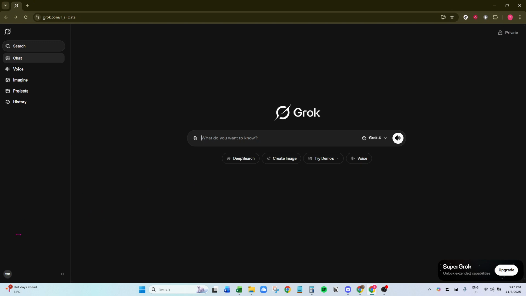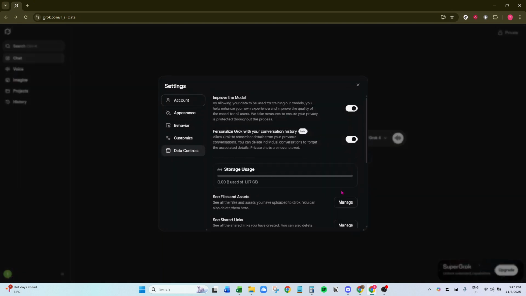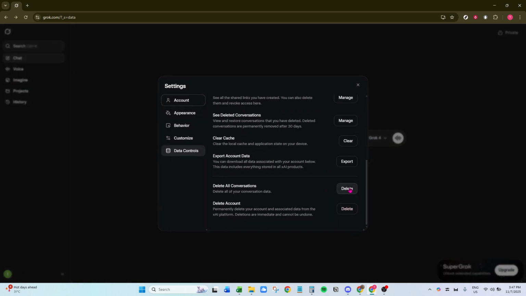Finally, Grok will prompt you to confirm your decision to delete your conversation history. This step is crucial as it prevents accidental deletions. When you see the confirmation message, double-check that you're ready to proceed, and then click to confirm. This action will permanently remove all your chat history, and there you have it, a straightforward way to delete your